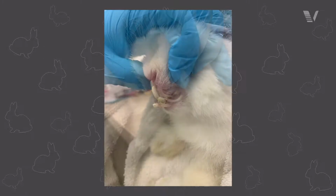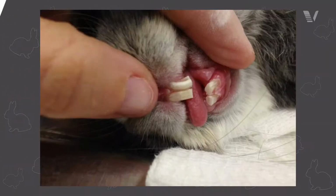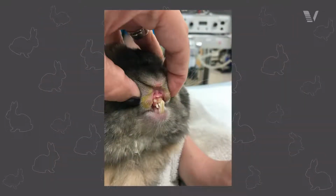The incisor malocclusion can be, again, congenital or acquired. The congenital incisor malocclusions usually are due to a mandibular prognathism, or a disproportionately long mandible in relation to the maxilla. The surgical removal of the incisors is the treatment of choice for congenital malocclusion, and the procedure is usually straightforward. Just remember, rabbits with this condition should not be bred because it's likely they're going to pass that along